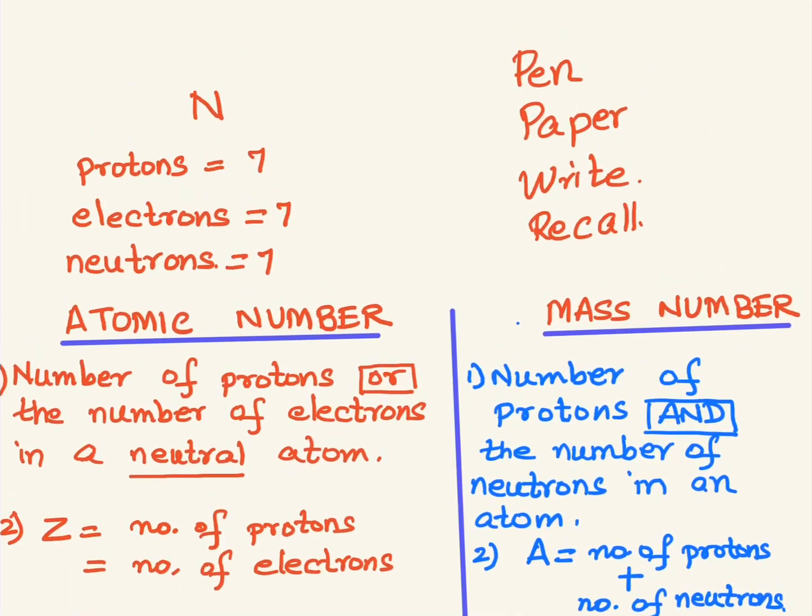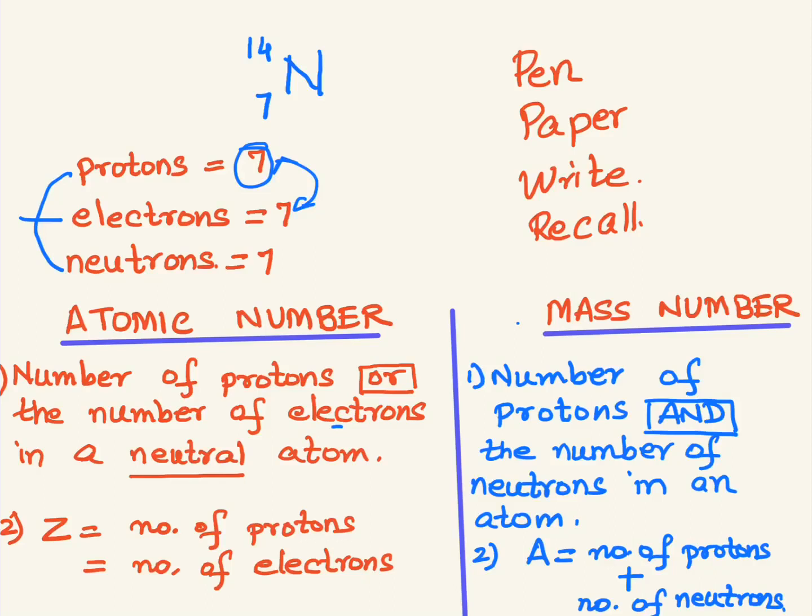So now when I take the example of nitrogen, let me write this nitrogen once again. So I have nitrogen over here. Its atomic number is the number of protons or the number of electrons. Now if you notice, both of them are the same in a neutral gaseous atom. So we have 7 over here. Mass number is the number of protons plus the number of neutrons. That gives us a total of 7 plus 7, that is 14.